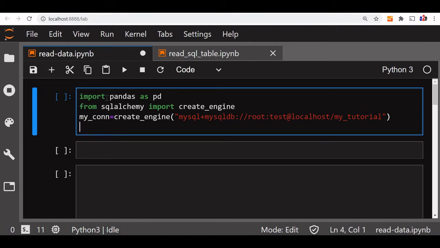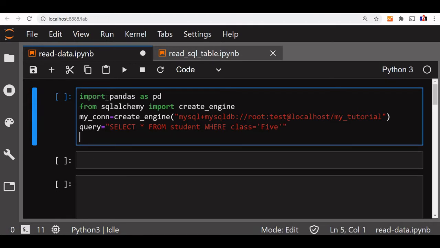Now let's create the data frame. Sorry, first we will execute our query. For that, it is better we write the query first. So we'll say query equal to select star from student. Student is our sample table. The SQL dump is available in the link in the description, so you can create it. I am just limiting records, so I am giving a where condition where class equal to 5. Fine, so this is my query.